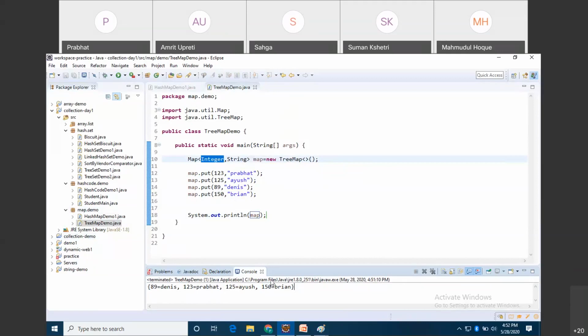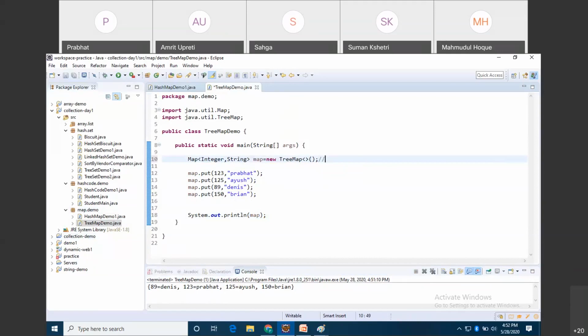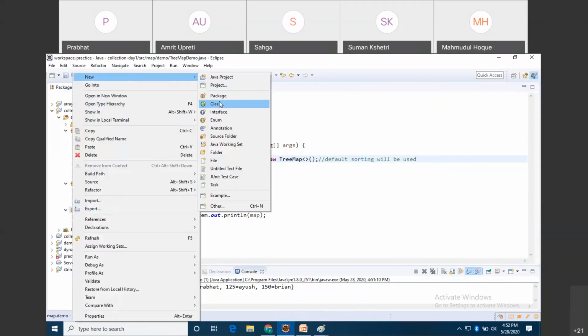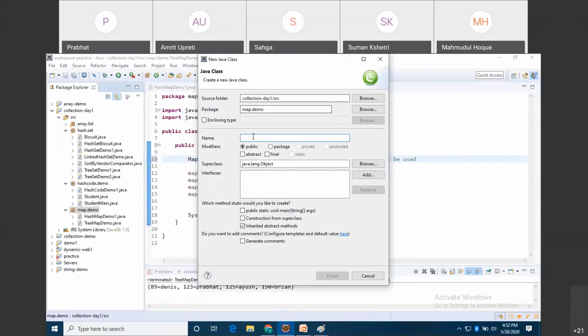So here the default sorting behavior is going to be used, if you are writing like this. So now I'm going to create a Comparator, since I cannot modify the Integer class. So what should be the sort